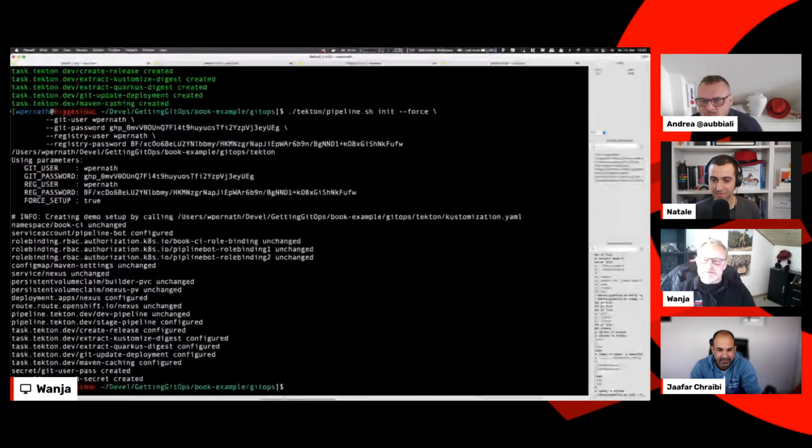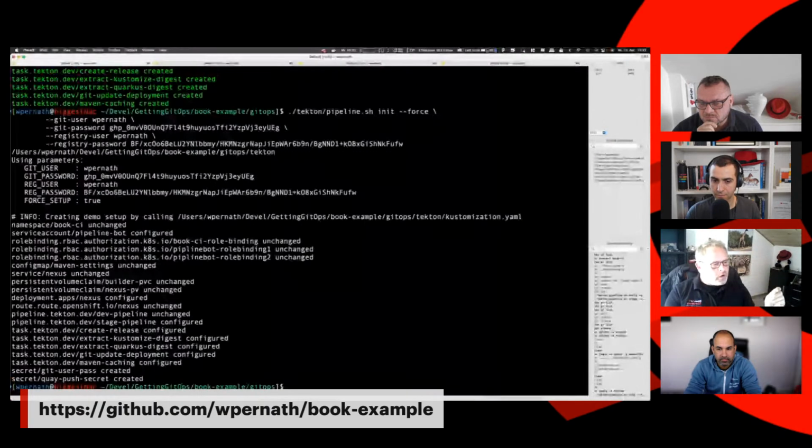So this script is, as mentioned, just doing the same as what I did with oc apply -k already, but it is also creating the service account. It's creating two secrets: one to access the Docker repository, Quay.io, and one for GitHub in this case. Now everything is in here. So the next thing I need to create is the Argo CD environment. If I go back to OpenShift,